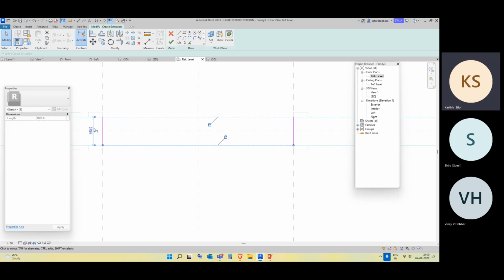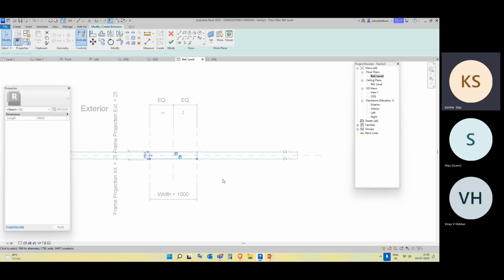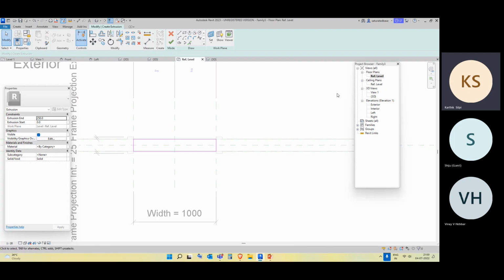Grab it and lock it. Anyway, this side you are not going to expand. That is why, if you're going to change the width over here, these dimensions can be applied. Likewise, I'll just go to